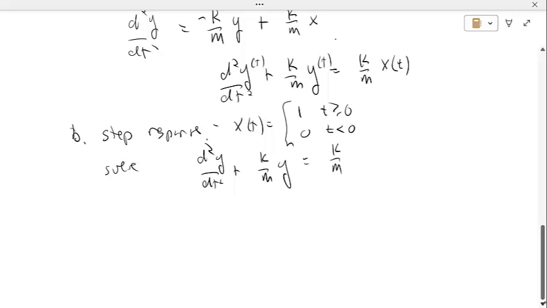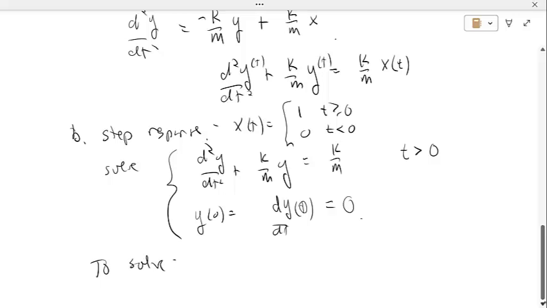Now that's the same thing as saying d squared y dt squared plus k over m y equals k over m, okay, for t greater than 0. And then I also have y of 0 equals dy dt at 0 is equal to 0. Okay? So that's what you want to solve. You have this differential equation, and then you have these two conditions on y. All right, now to solve,